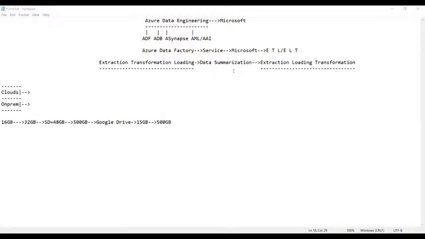Whenever you store the data in Google Drive, if you lose your mobile phone, we simply buy a new handset and log in using our email ID, the previous email ID with which this Google account was created, and we enter the password. Once we enter the password, a synchronize option will be there. Automatically, whatever data you have stored in Google Drive, that means the 500 GB of data, can be retrieved back on a new handset with the help of Google Drive.